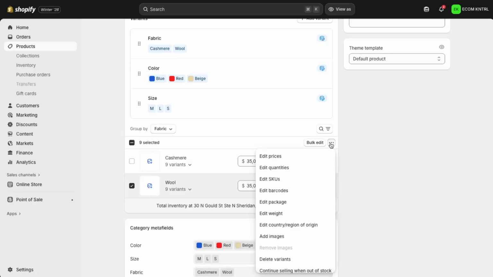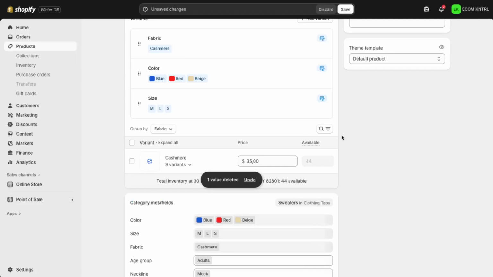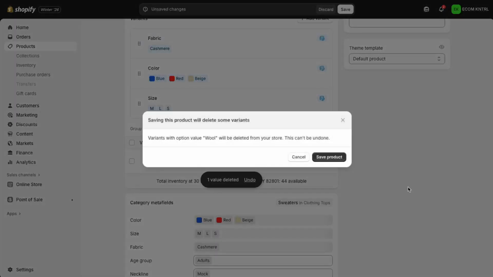Shopify may show you a confirmation prompt to make sure you really want to remove them. Deleting a variant will remove it from this product, so double check that you've selected the correct ones. Finally, after confirming, scroll back up or look for the Save button on the product page and click Save. This step is crucial. Your changes will only be applied once you save, and your store will now reflect